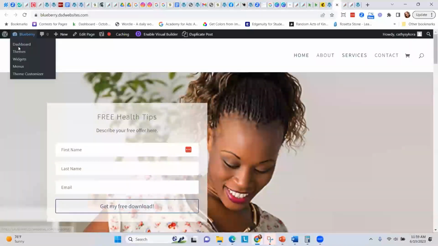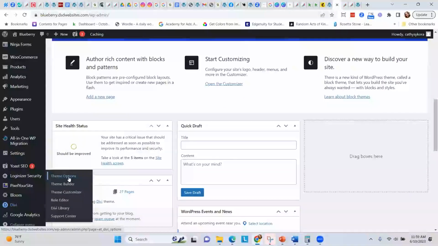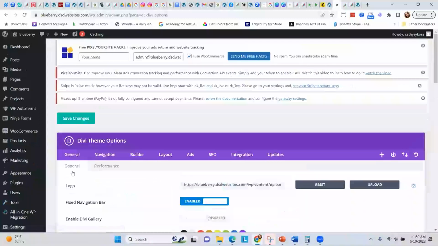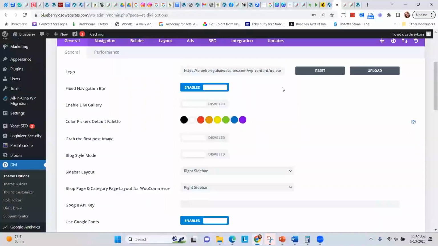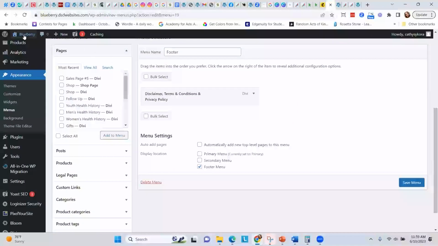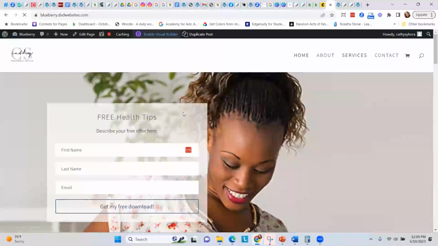Yes. So to change your site presets, and this is really useful to do, I recommend it as one of the very first things you do before you start customizing your site. You'll go into the dashboard and you'll cursor over Divi and select the theme options. So it's in the same spot where you change the logo. And right here, this is your default color palette. And the reason this is important, let me go into a page and show you why. So if I were to go to edit this page,